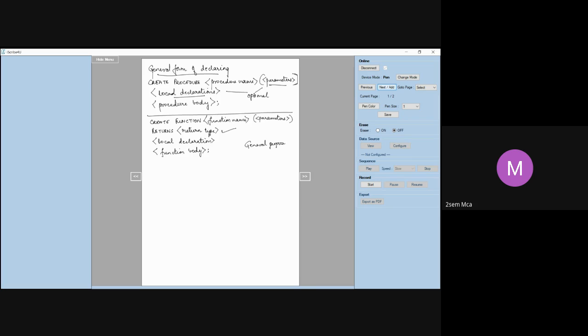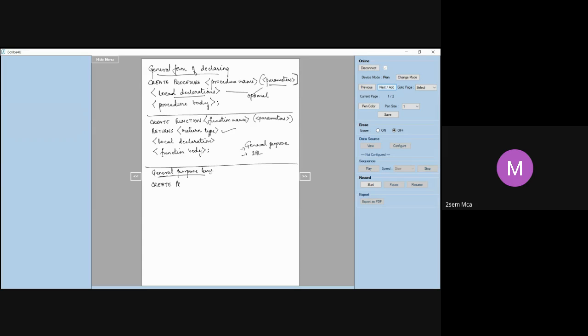You can write it in any of the general purpose languages, or you can even write it using a query language. Either of these you can use. But if you are writing a procedure in a general purpose language, you have to specify which language you are using and the file name also. For example, let me show you the syntax.